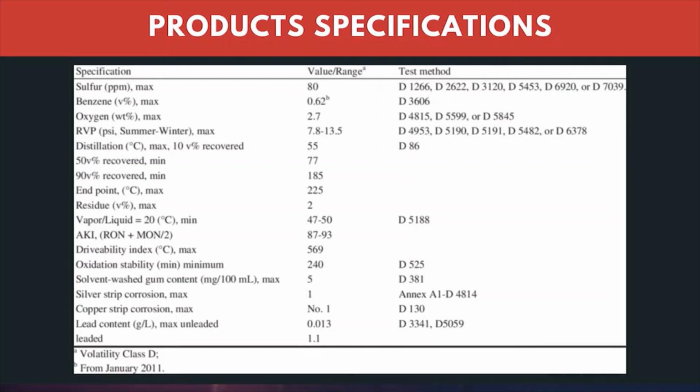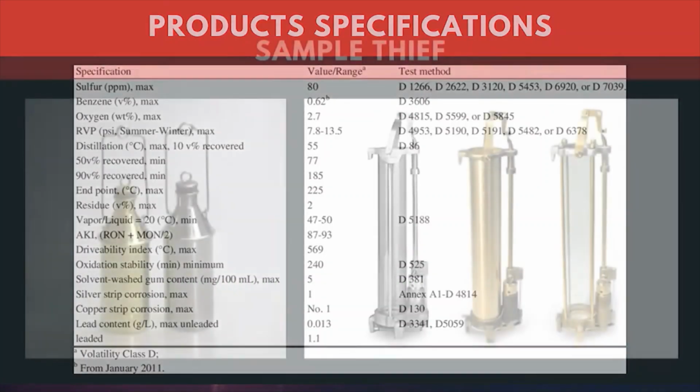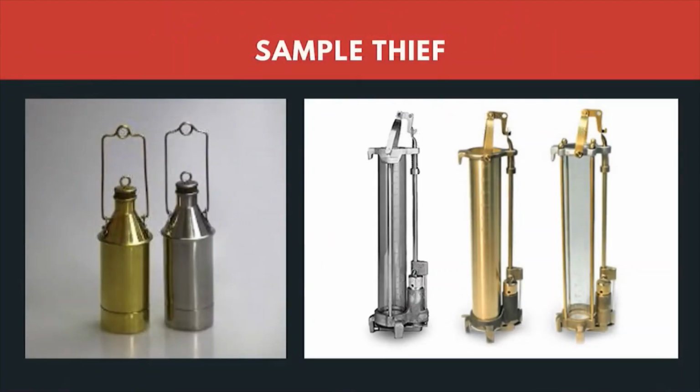For every product we have key tests that are defined by the standard bodies, but it is not only the key tests. For every product or every batch, a complete test is done by the quality control lab as defined by the standards. Once the tank is full, the samples are taken using a special apparatus known as a sample thief. The operator will go on top of the tank, open the dip hatch and insert this sample thief, and using it you will be able to collect the samples